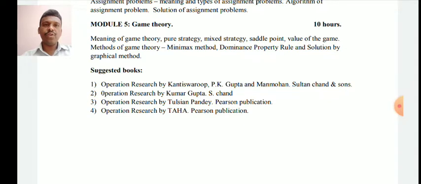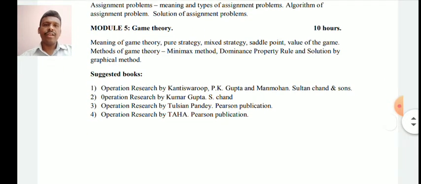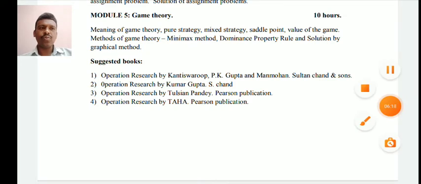So this will cover your modules 1, 2, 3, 4 and 5. Totally 80 marks theory and 20 marks for internal. The suggested book is Operations Research by Kanti Swarup, PK Gupta, Manmohan, published by Sultan Chand and Sons. The one which I have kept as the DP of my WhatsApp group, PK Gupta, is also known as Hira and Gupta. That is very good, DS Hira and Gupta, so you can use that. A lot of copies are available in the library. If you have any doubt, you can always contact us.